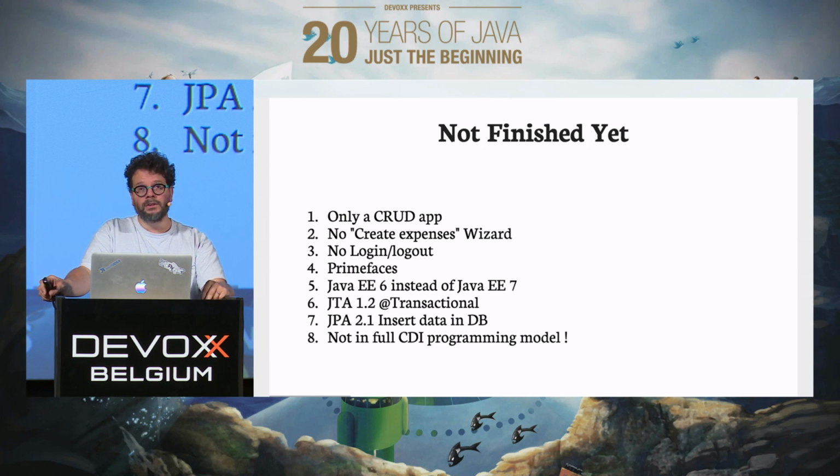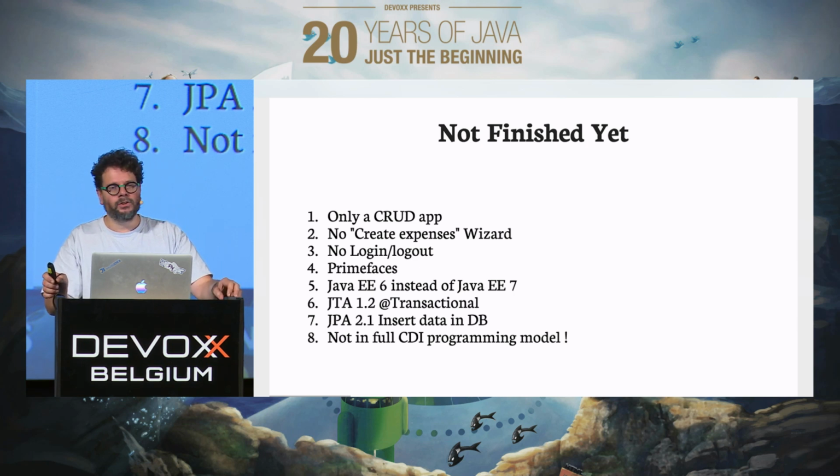That means that we could use the new features, especially in JTA 1.2 with the @Transactional annotation, the @Transactional interceptor usable on the CDI bean. We could also upgrade to JPA 2.1 to have all the features to insert data in the database at the